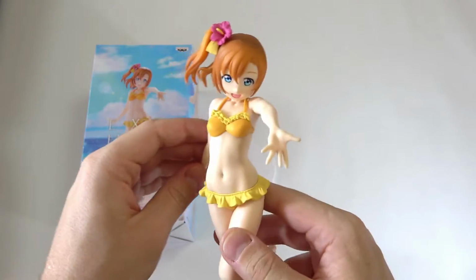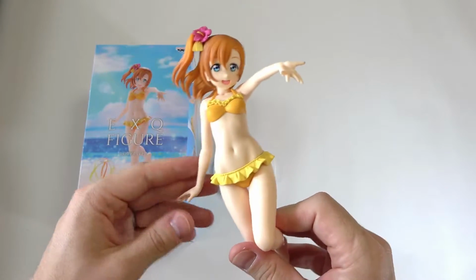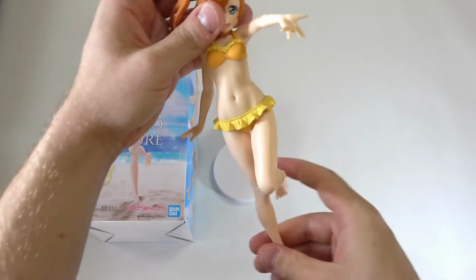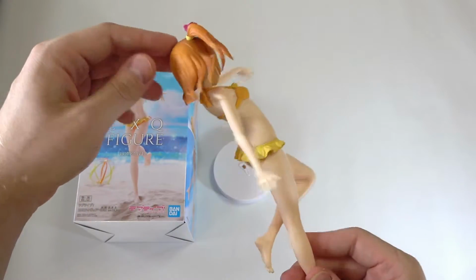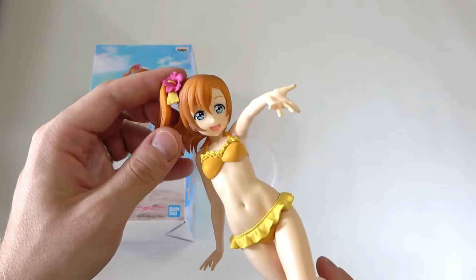And oh wow, this is very, very pretty. And actually, this is quite light compared to that Kimetsu no Yaiba figure I opened recently. This is really, really light. But this is very, very pretty already. So yeah, already impressed. But of course, we need to get into the nitty gritty and take a look at